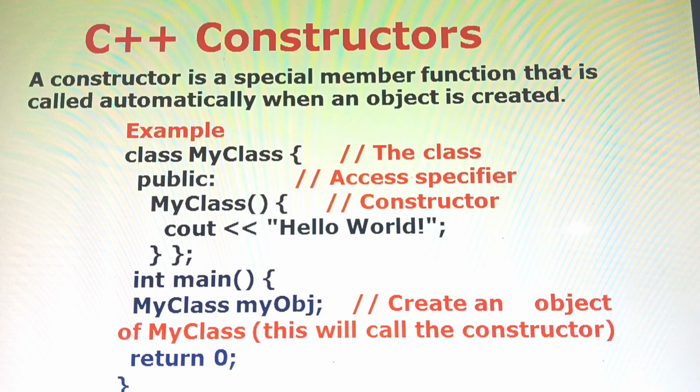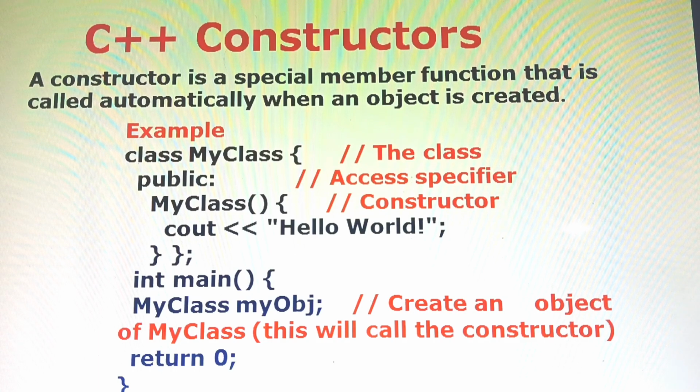Now the class is okay. We created the class whose name is MyClass, and the constructor name is MyClass. Why have we given both the same name? Because that is the rule. Constructor name and class name should be the same. Then the access specifier should be public. Then come to the main program.